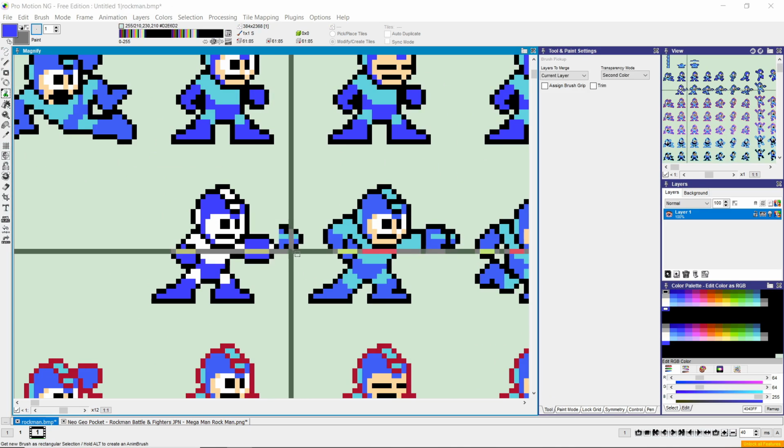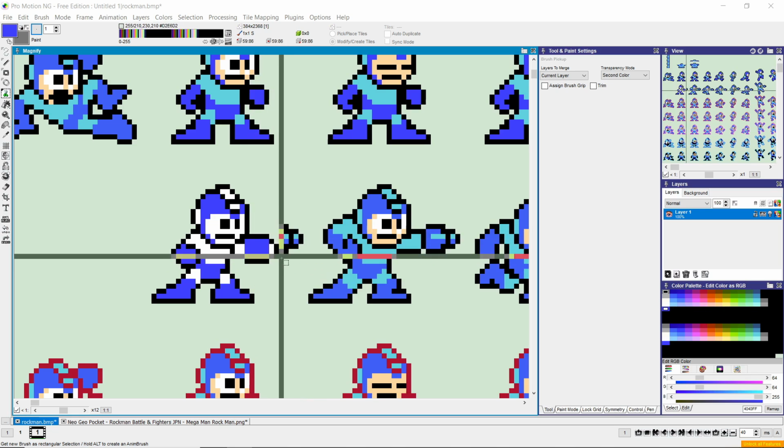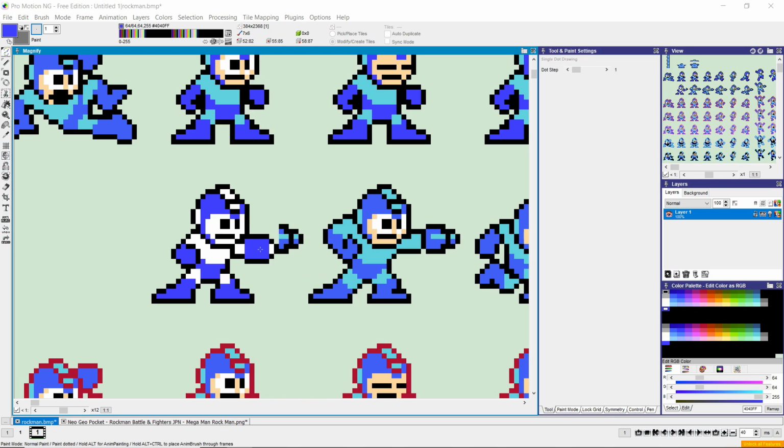Another thing is you want to try and line up the buster so that the buster shots don't look out of place. In this case, it's a bit lower than it should be. So I'm just going to move it so it extends out like this. You can also cheat a little bit and change the buster sprite cheat in the game. I think it's